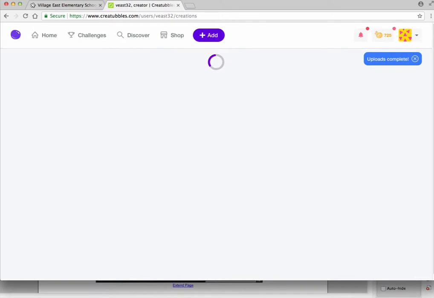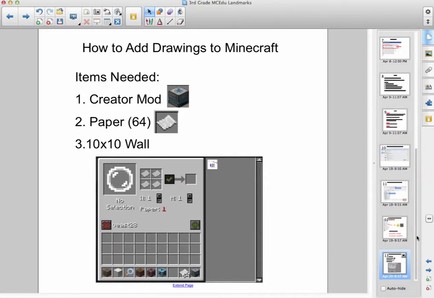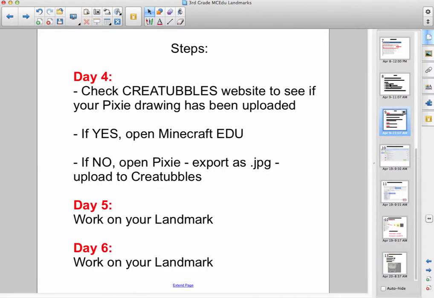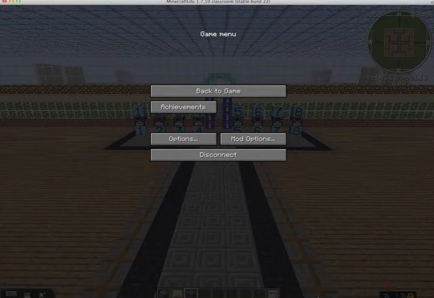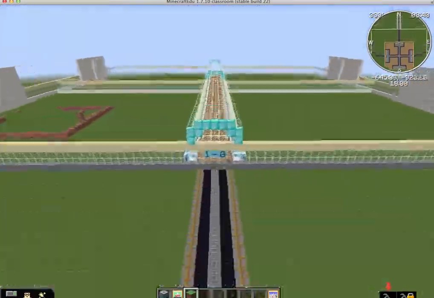And click got it. Then the final step in the project, as you can see, if we go back here and check, if they do have theirs on the website, then they can open up Minecraft. If not, they have to finish their construction in Pixie. So now if I go into a third grade group, this is our workspace,